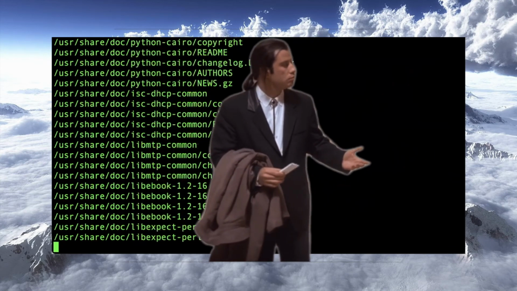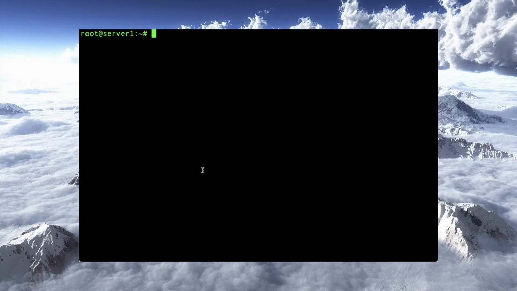I've got a Debian 10 box here, and I've created a couple users. I put some files there, and we're going to show you how to locate stuff. So let's get started here with the locate package. To install it, I'm just doing apt-get install locate,